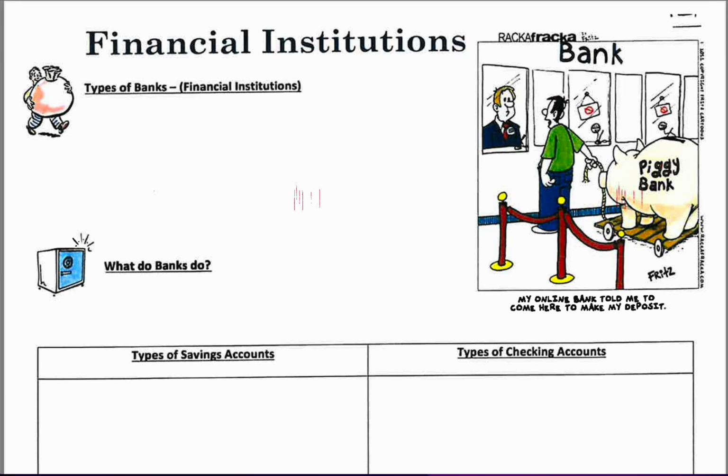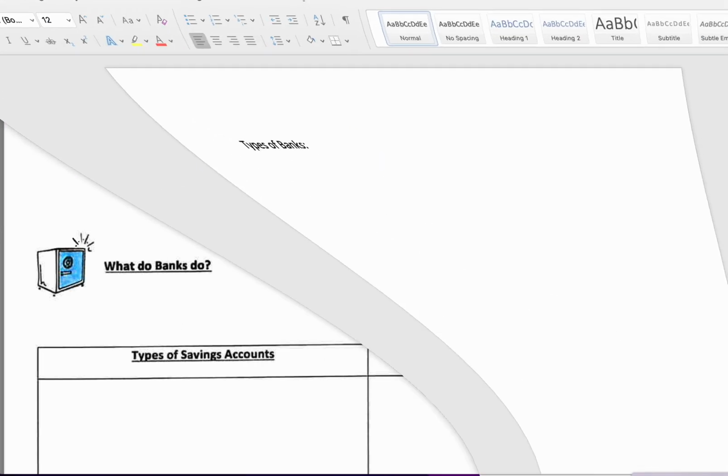Okay, so what we did on Friday was this. We talked about the types of banks, and then we talked about one of the things that banks do. And for right here in this spot, I just told the students, you guys can write here today because we're going to add a type of bank, and I'm going to give you an example of each. But don't worry about putting anything here today. It's not enough space. We'll do that on the loose leaf paper that you get back a little bit later.